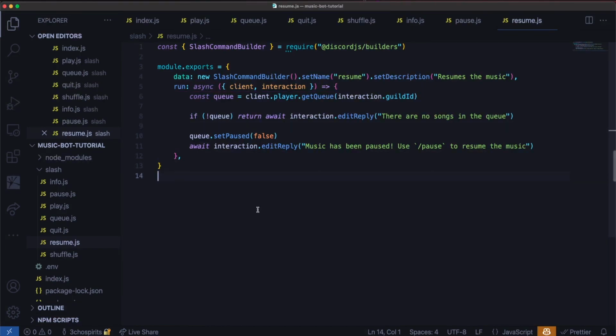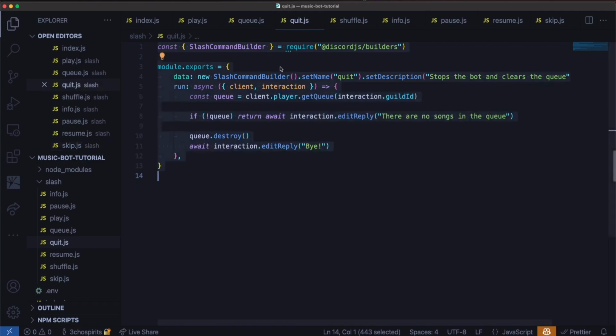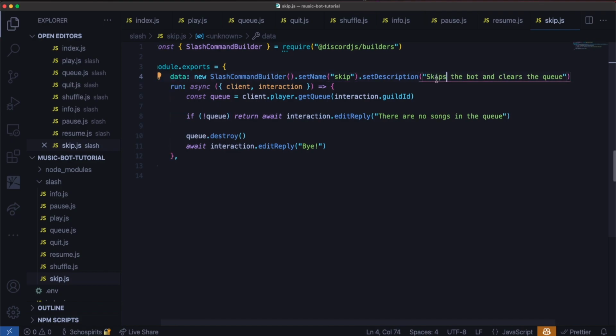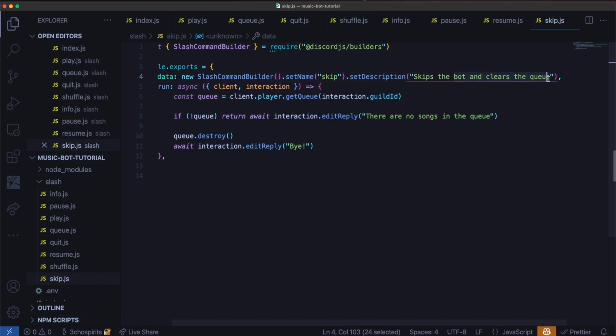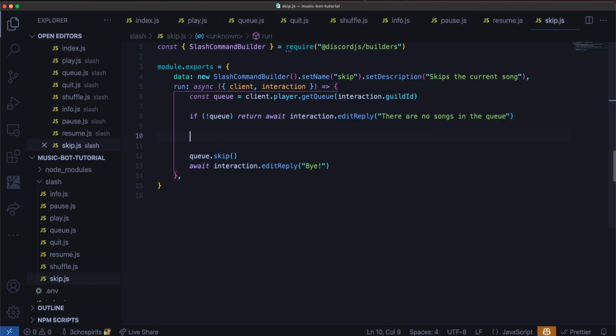Now we'll add the skip command, which is going to skip the current song and move on to the next. So skip.js, we can do the same thing, copy the quit command, paste it in, change this to skip, skips the current song, and here, same thing, but instead of destroy, we will of course skip. But before we actually do that, we can specify what song we skip. So I'm going to grab the current song,